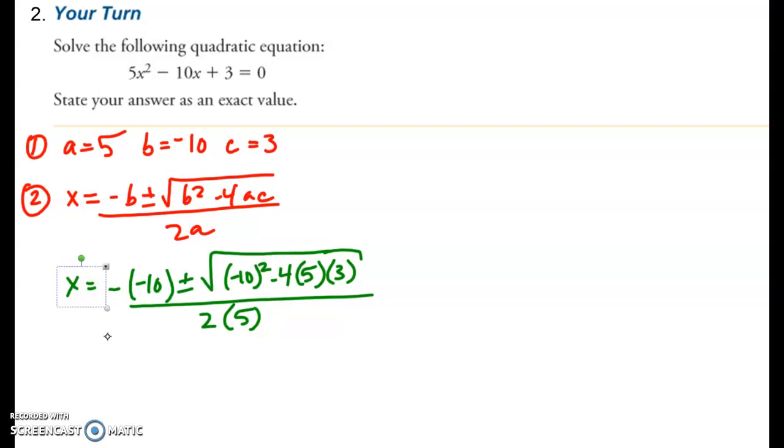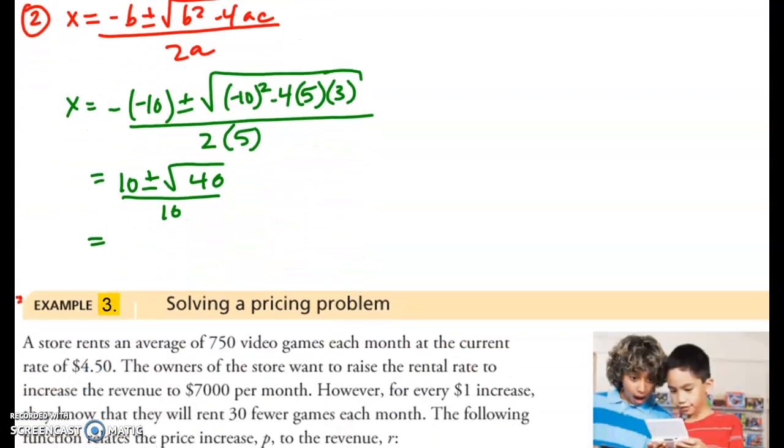Okay, and we've got positive 10 plus or minus the square root of 100 minus 20 times 3. 100 minus 60 should be the square root of 40, so I didn't need to make that square root sign quite so long. Okay, and all over 10, which equals